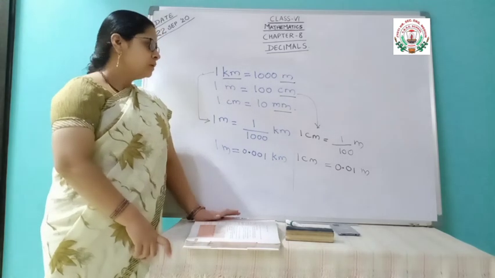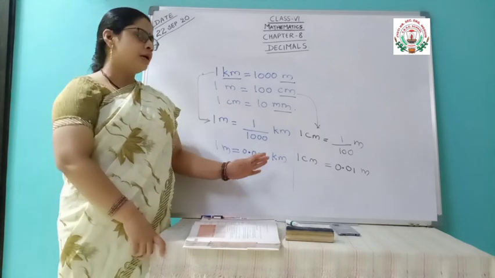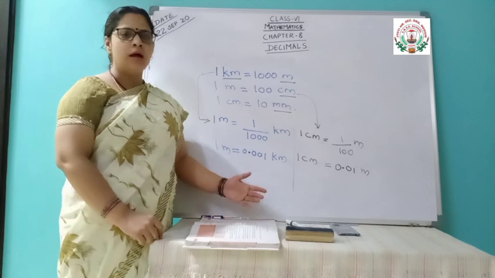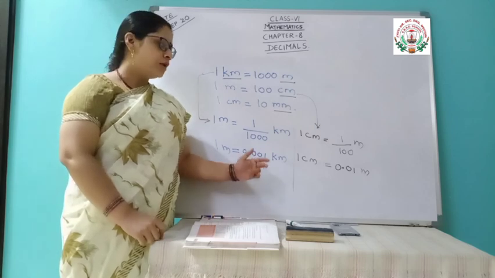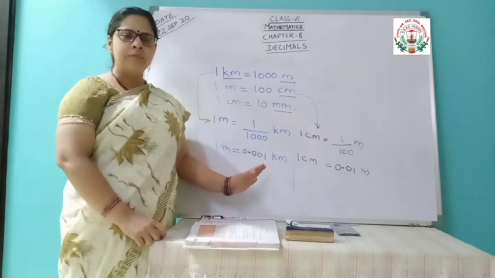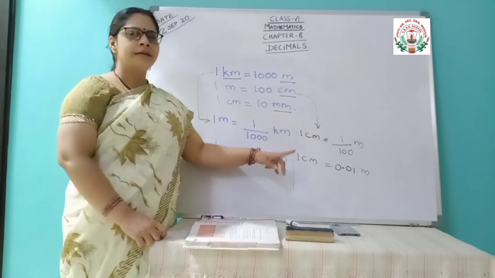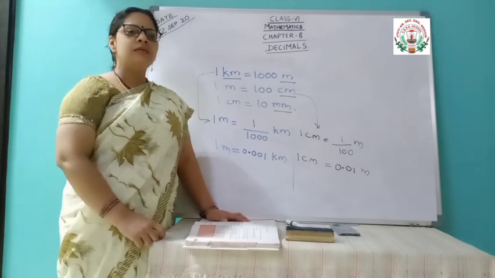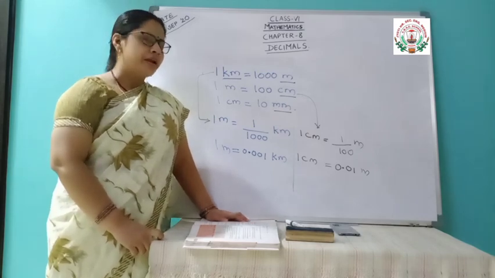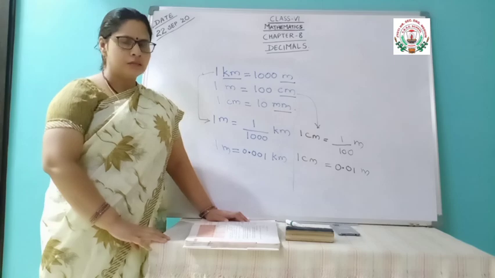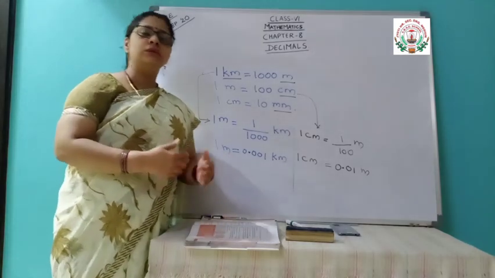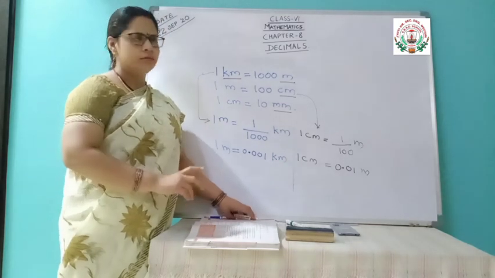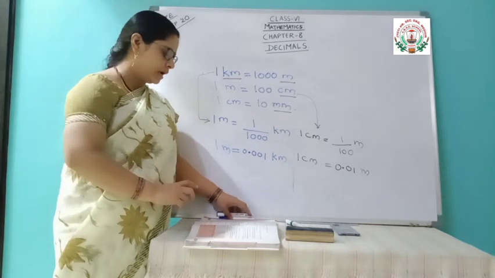If suppose centimeter is given and you are asked to write the answer in meter, definitely meter is the greater unit, so the answer will come in decimal. Or if meter is given and the answer is asked in centimeter, then meter is greater, centimeter is smaller, so it will come in a whole number. Or sometimes it can come in fraction also. Fraction means it will definitely be in decimal. In such a way, you just have to think and solve the questions. That is for the statement type of questions I told.